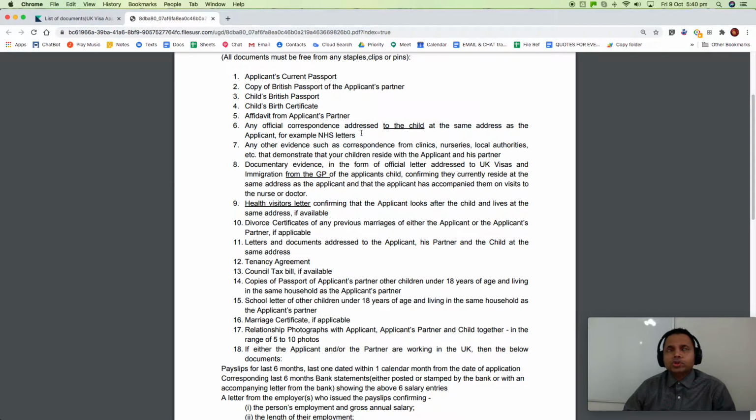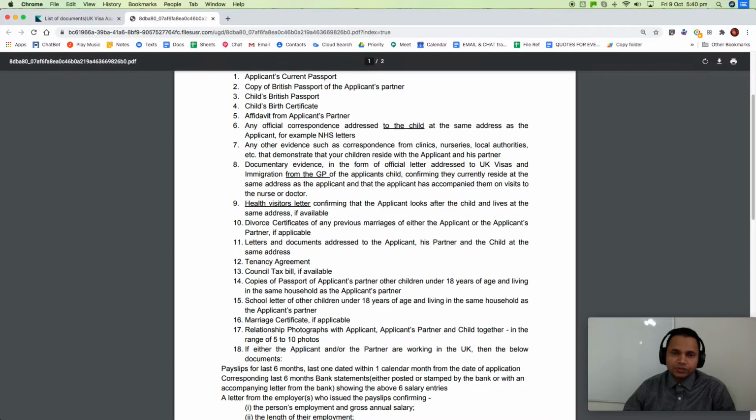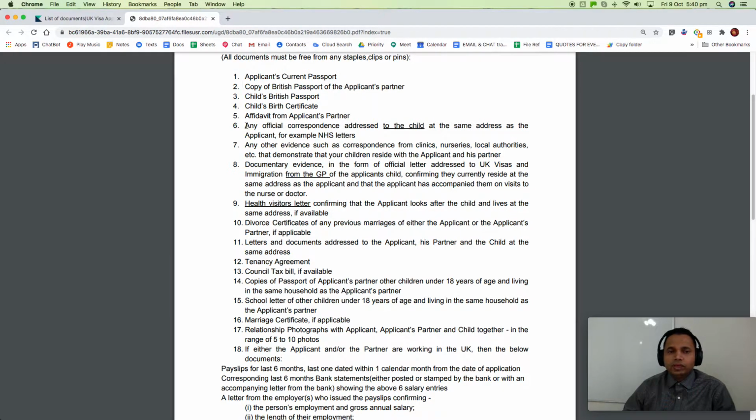This is suggested. Usually we've always seen when we file, and there have been overseas individual applicants which we have represented, in those cases, they didn't have any documents. We at least got maybe a nursery's letter confirming that the applicant is registered to pick up and whatever activities they do, or if it's a newborn child, we've taken letters from the healthcare visitors saying that when they visited, they saw that this individual, the applicant, was basically helping with the child, doing whatever activities with the child.